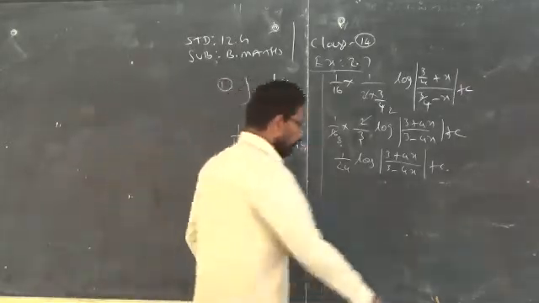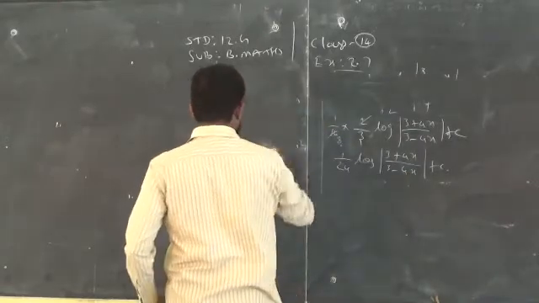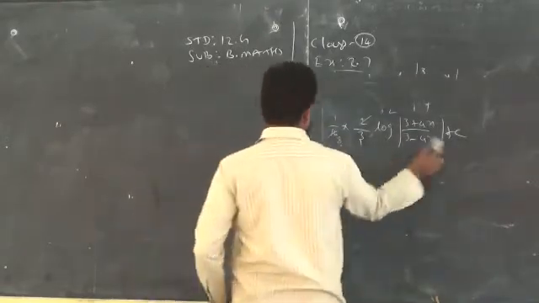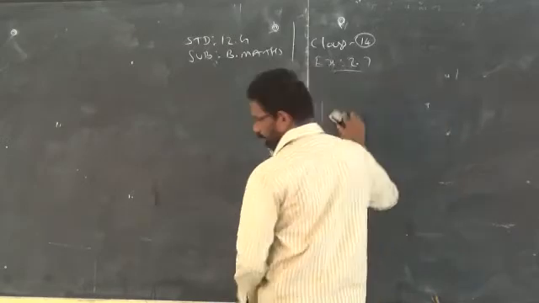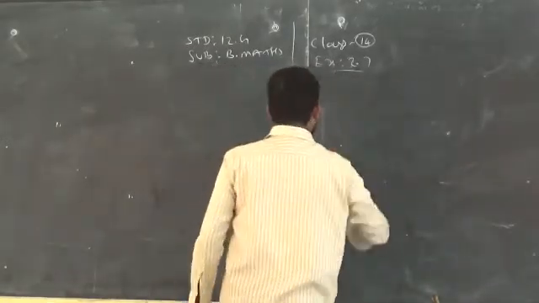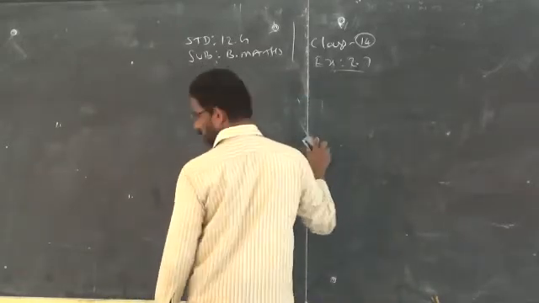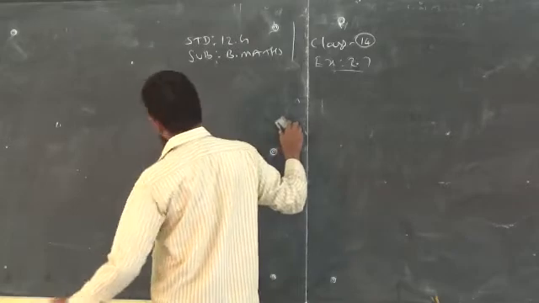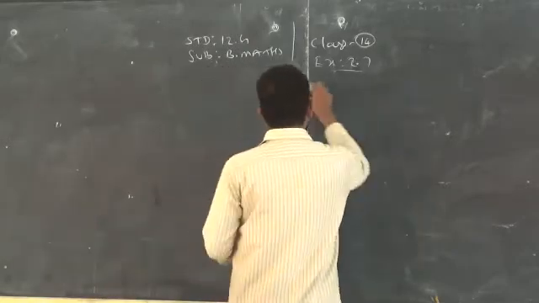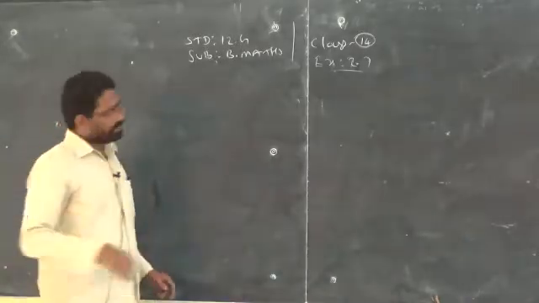Clear? Now we will go through sum number 2. I think I missed it. Even in sum number 3, instead of 2x square, I took 3. Clear? So you have to do the third sum with 2, but I did it with 3, but you have to do it with number 2.